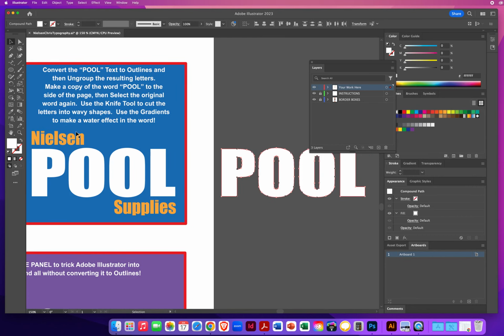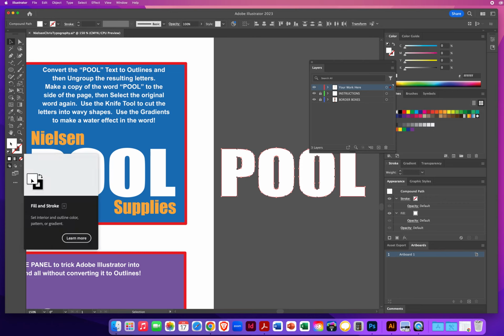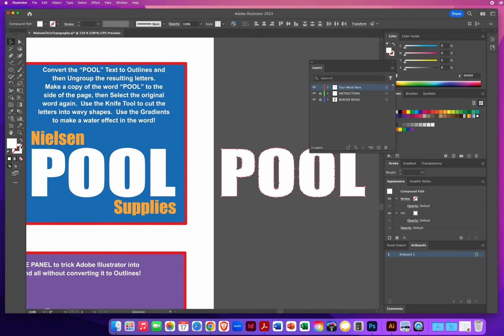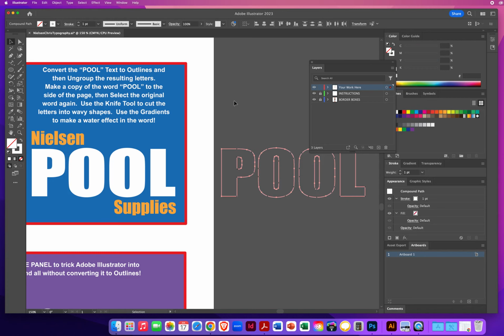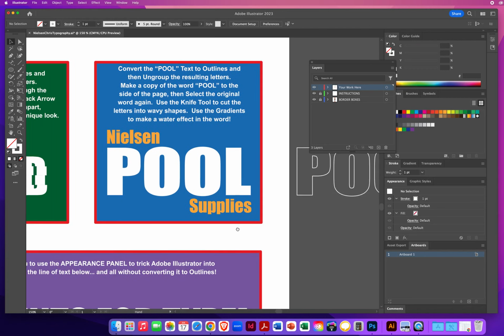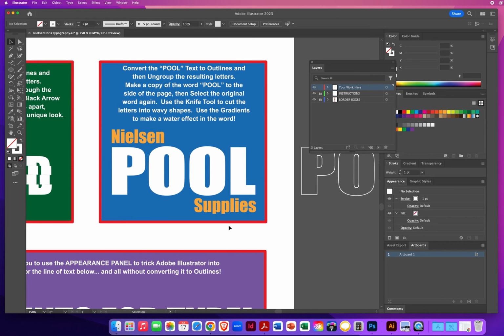So all I'm going to do is click this little curved arrow. Instead of a white fill, I want to flip that to a white outline. So I click that little curved arrow. Cool. There we go. Now I'll come back over here to the original word and I'll use my knife tool